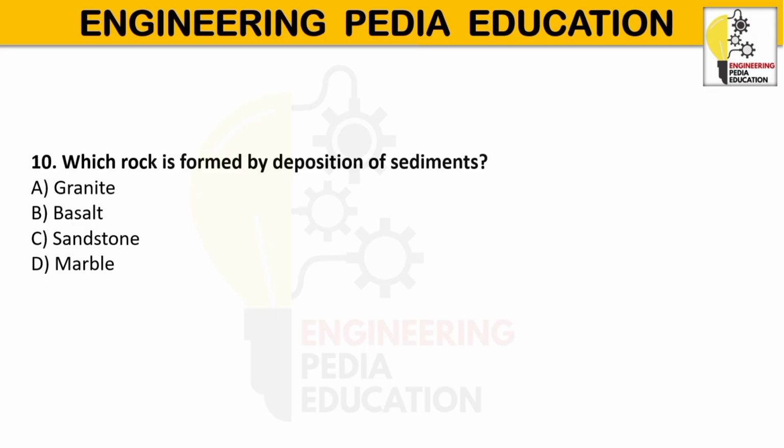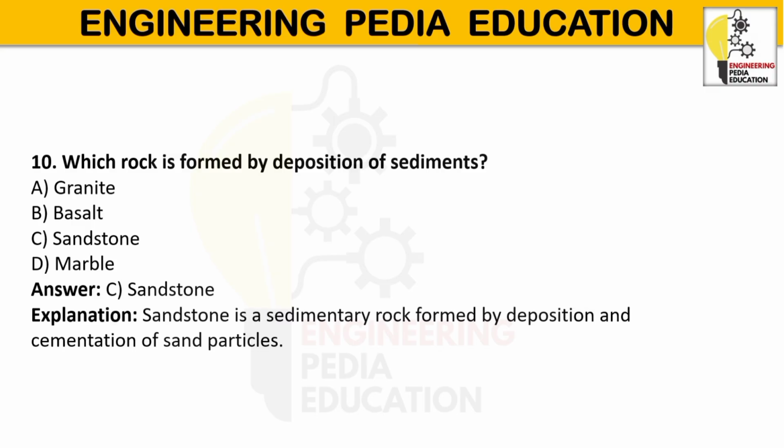Which rock is formed by deposition of sediment? Granite, basalt, sandstone, or marble? So the rock which is formed is sandstone. Sandstone is a sedimentary rock formed by deposition and